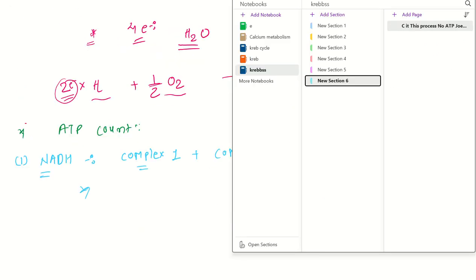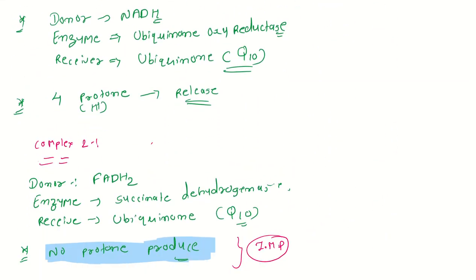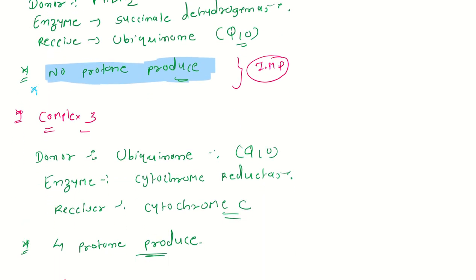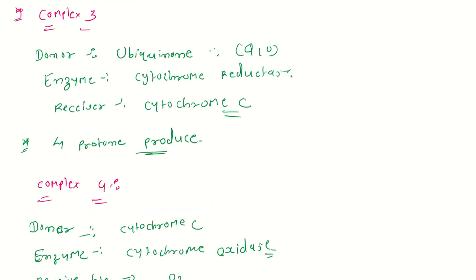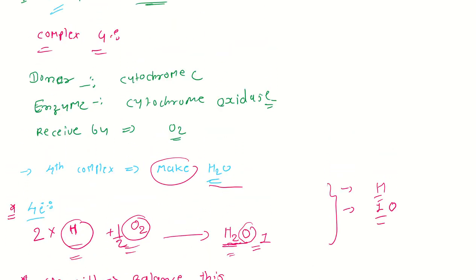So now we will use that. In complex 1 we produce 4 protons, complex 2 no protons, complex 3 again 4 protons, and complex 4 makes 2 protons, not 4, because 2 electrons are used in